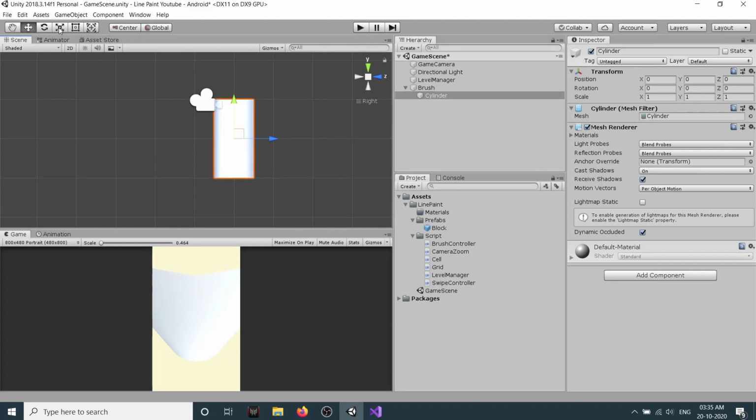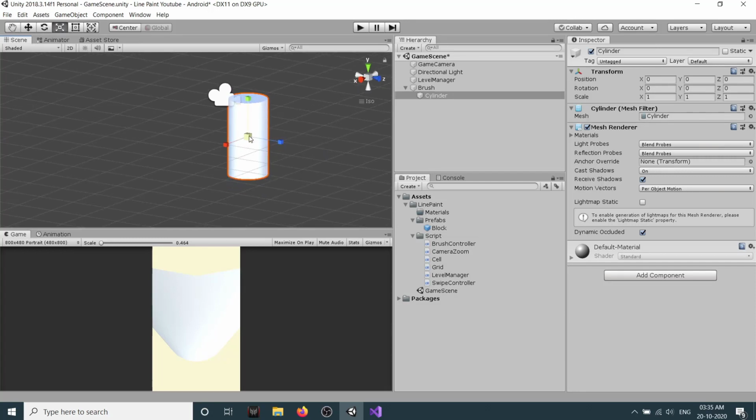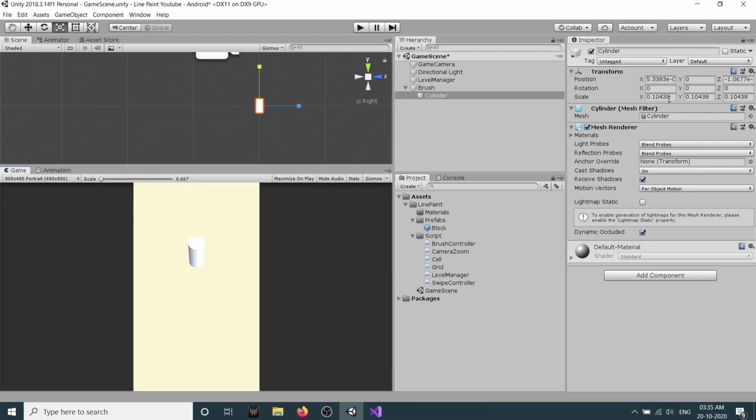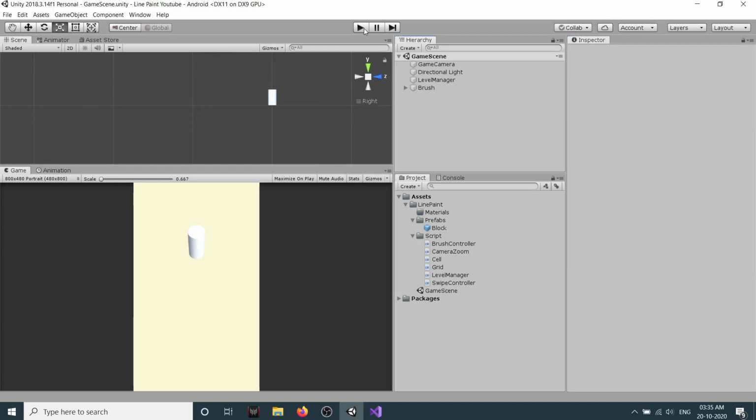So just select this scale tool, and I don't know if you can see, here is a cube, small cube. Just click and drag it like this. I think this one looks better. Okay, so let's 0.1, 0.1. I don't know why it is too small. And let's move it x 0, z 0 and y 0.1. Okay, so let's try and see how it looks.